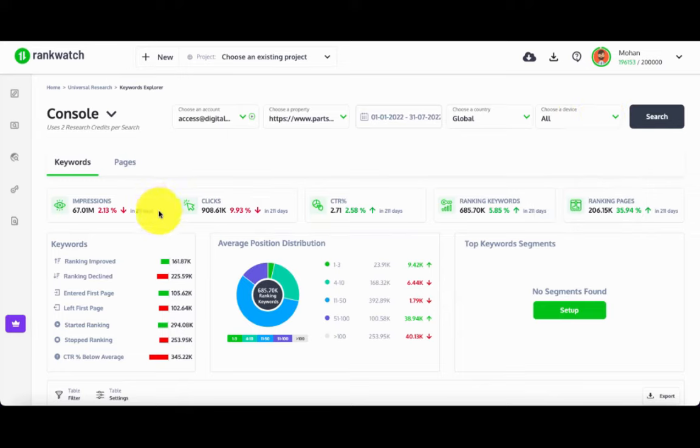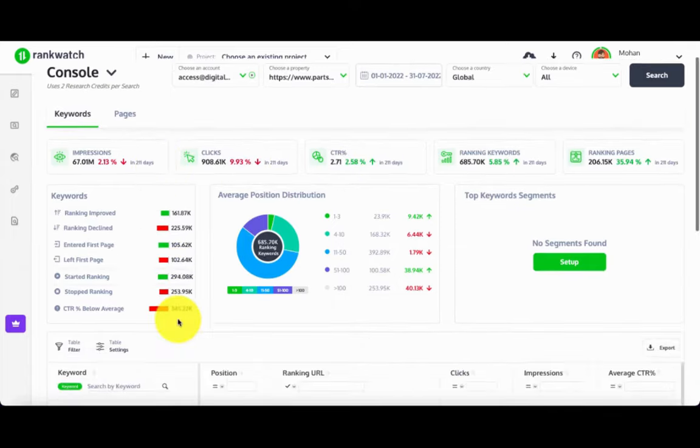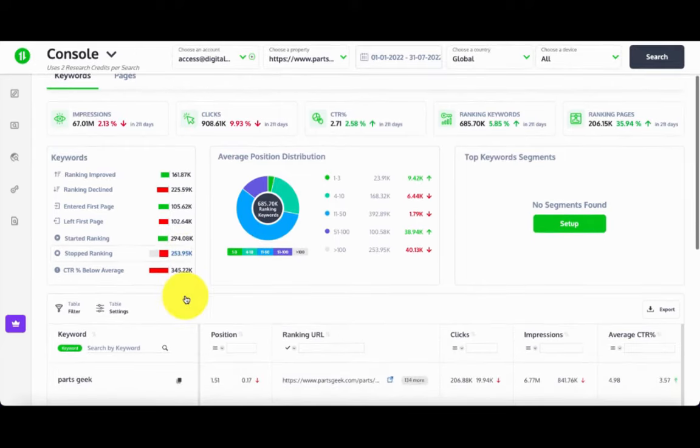Once the report is ready, you'll find all the primary key performance indicators like total impressions, clicks, click-through rate, and keyword performance matrix along with positions. If you click on any of these, the filter will get applied and you will see refined results for that selected factor. Like the keywords that have stopped ranking on Google within top 100 position. RankWatch basically puts your Search Console on steroids and provides you an analysis report which you won't find on Search